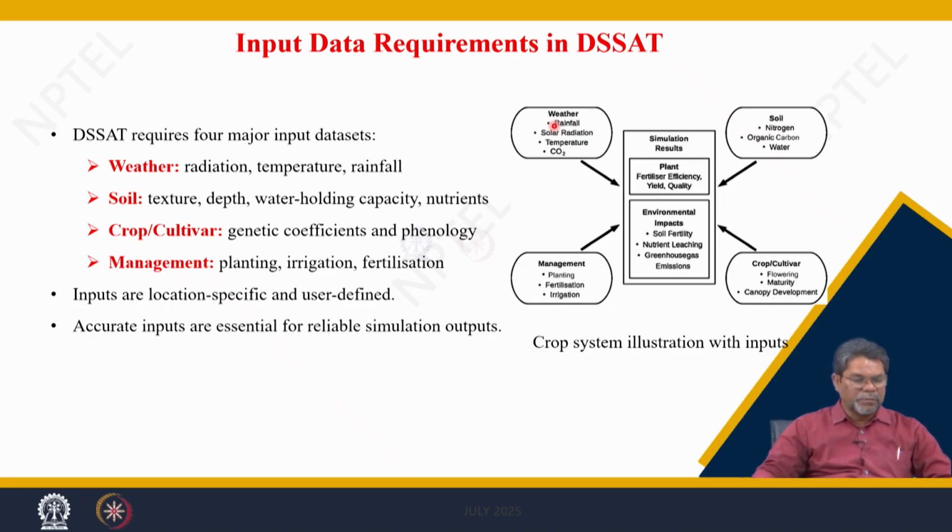So, these are the four inputs that go to the crop models: weather, meaning rainfall, solar radiation, temperature, and carbon dioxide content, and the soil file that has the soil chemical, physical, and biological properties. The soil physical properties are the water holding capacity, field capacity, wilting point, and saturation. Then the soil nutrient contents are organic carbon, nitrogen, pH, phosphorus, and cation exchange capacity, the soil chemical properties, and also the soil biological properties are there. If you can include the soil microbial biomass and soil health, that can also go as input to